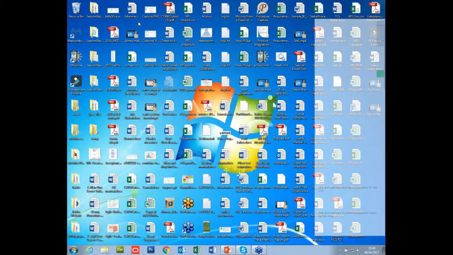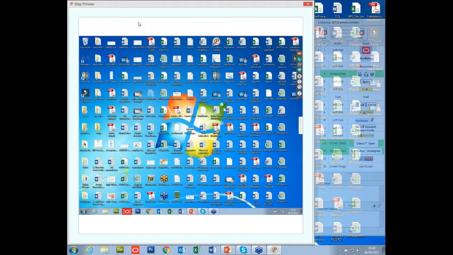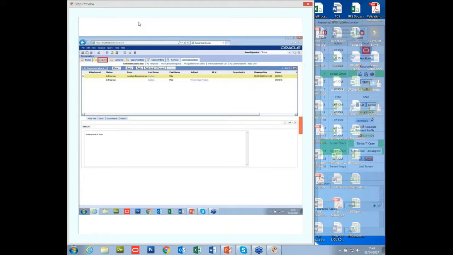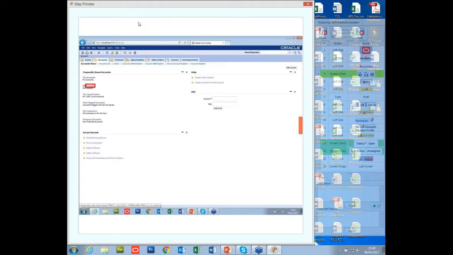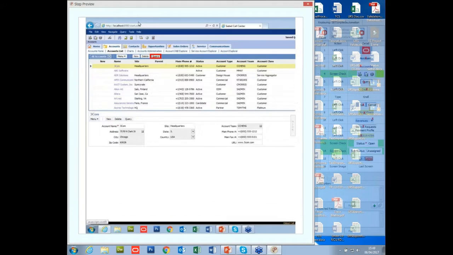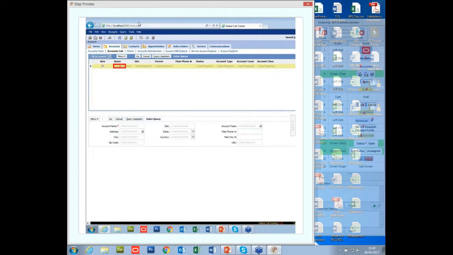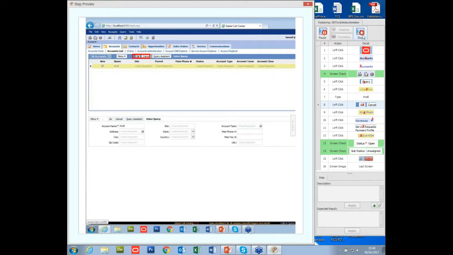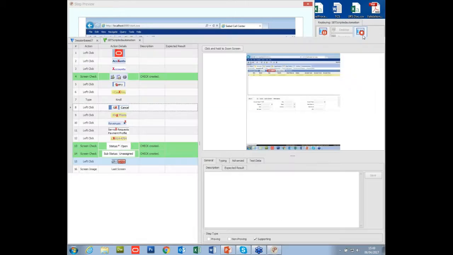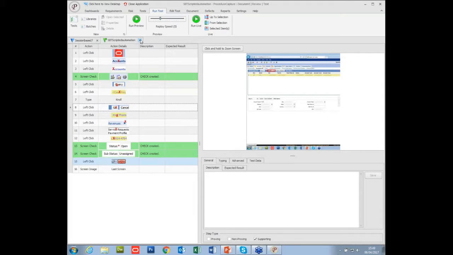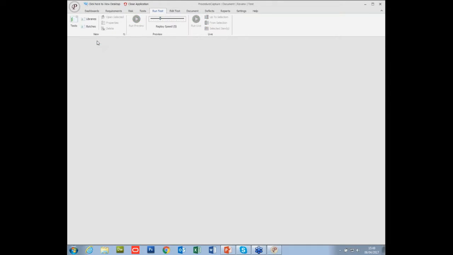I can run it in preview mode, and this will run through and show me the scope and rigor of my scripted test. So, is it the right scope and rigor? Is it going to pass or fail the test objectives? And what does it do for each of those steps? So I can run through that, and when I'm happy that it's going to do that,